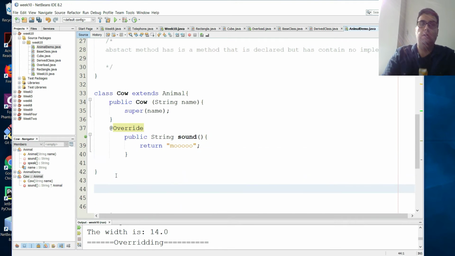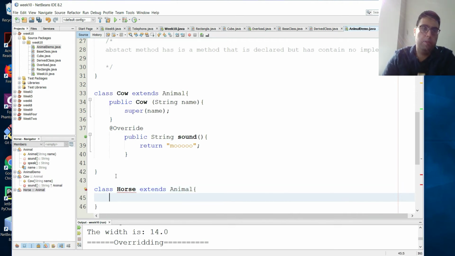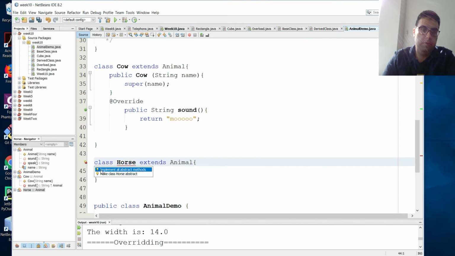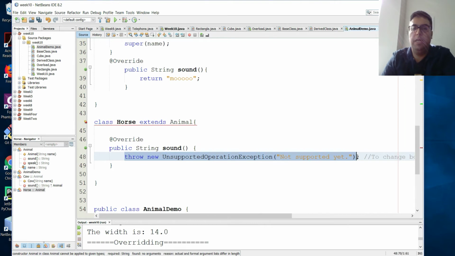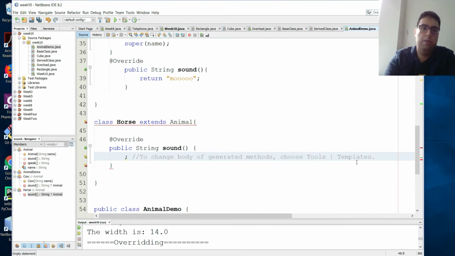Let's have another one. We can have multiple of those. So we're going to have a class. Let's call this horse. If you have a favorite animal, it's time to share that here so I can use. Here we go. You see, if you right click, it says you can implement all the abstract methods. See, right there, you can insert it and simply go return,